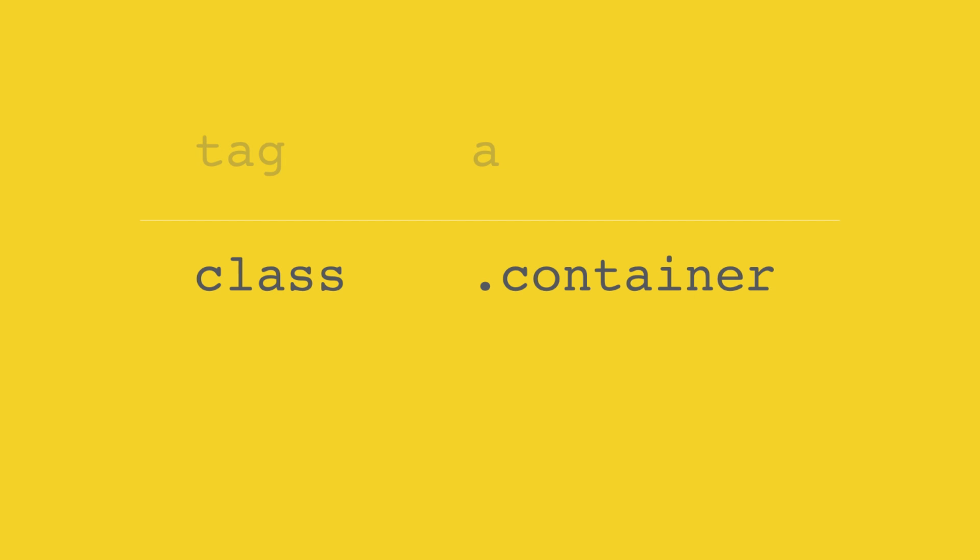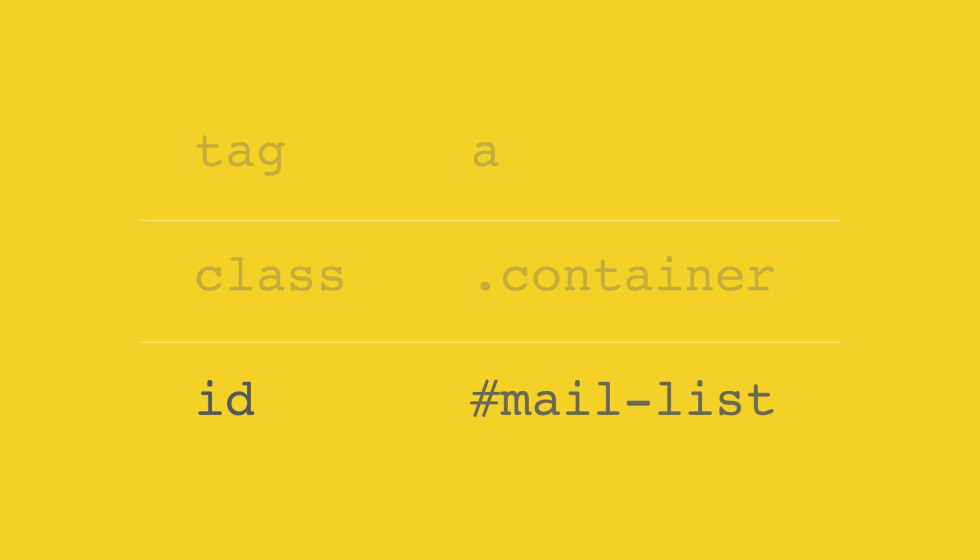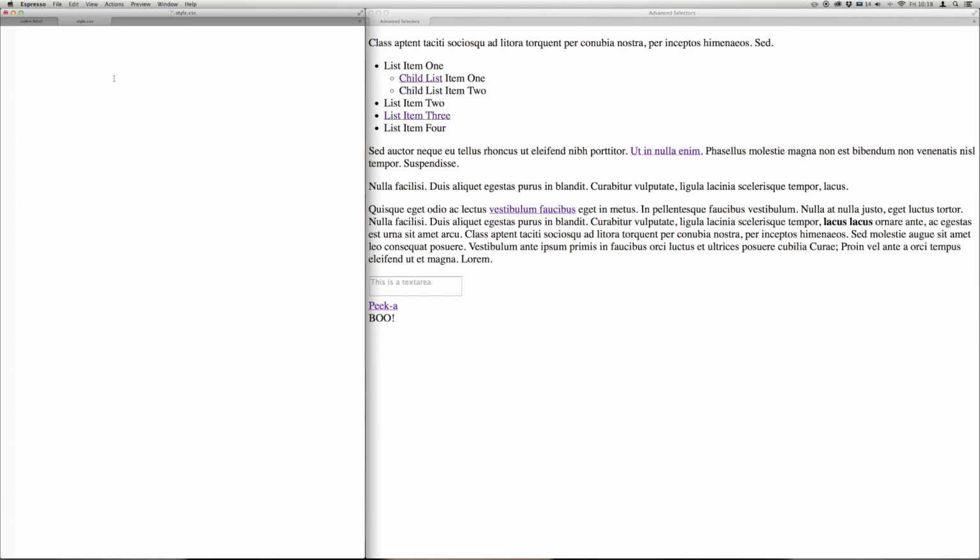So today we're going to revisit selectors and talk about a few more advanced ways to use them. So real quickly, let's review those other selectors that we learned. The first one was a tag, in this case an anchor. The second one is a class selector. If we throw a dot in front of the class name, it selects any element that has that class on it. And the third one is an ID selector. If you throw a hash in front of the ID name of any element on the page, that will be selected by this selector. Now to show examples, I have this page set up with some simple markup,